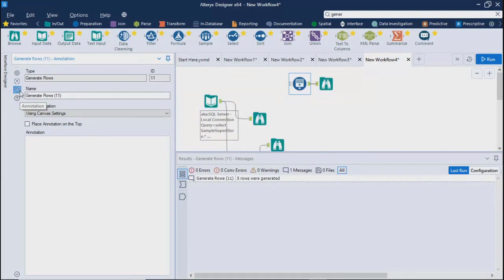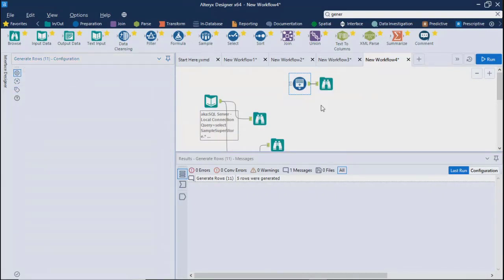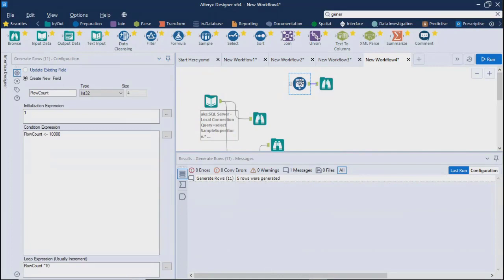There is no option for a for each loop container. There is no looping concept apart from this for loop. As we go into macros, there would be more options. In macros we'll see that, or analytical apps. Basically, an analytical app and macros are very close. There are a lot of similarities, and they are created on top of your workflows only, the basic workflows we are working on.